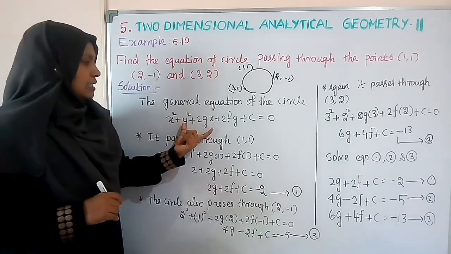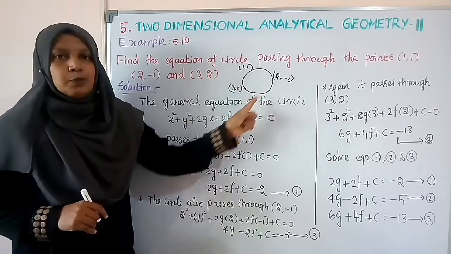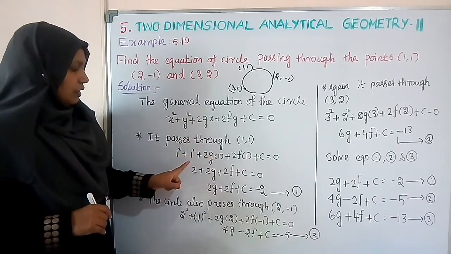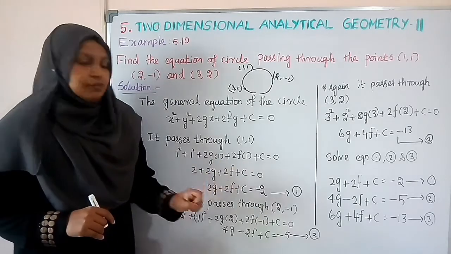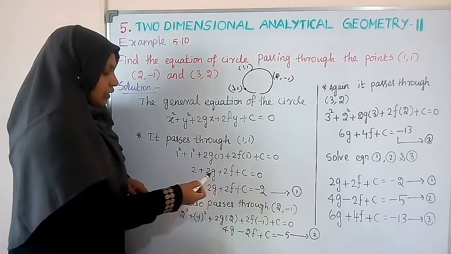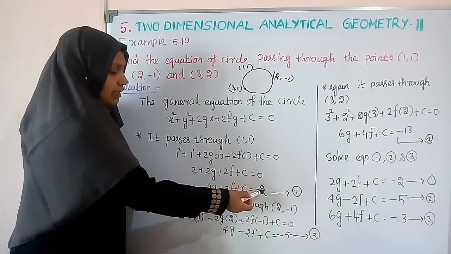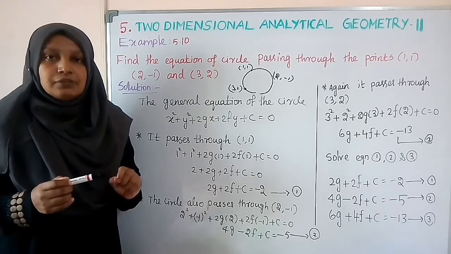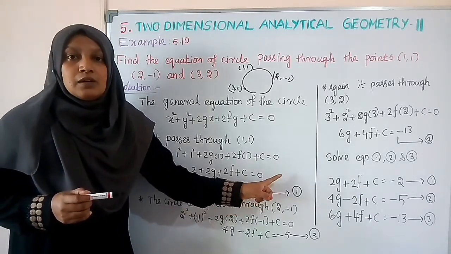So first we have to consider the general equation, and on this general equation you should substitute the 3 points. So first I am substituting 1, 1 for x and y. So here we are getting 1 square plus 1 square plus 2g into 1 plus 2f into 1 plus c is equal to 0. After that we are simplifying. Take this constant term alone. 1 square plus 1 square is 2. That term alone to the right side becomes minus 2. So the equation is 2g plus 2f plus c is equal to minus 2. Make it as equation number 1.